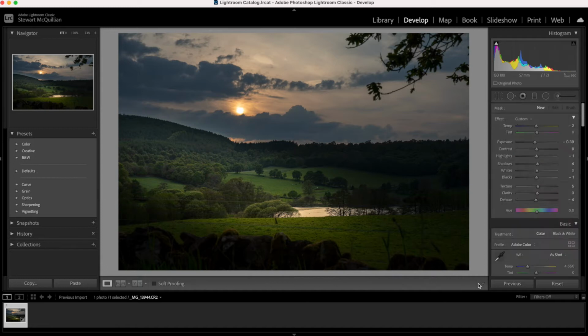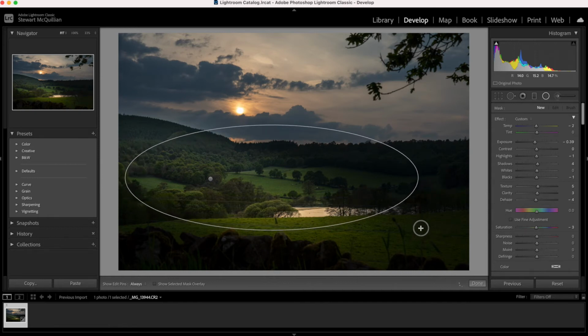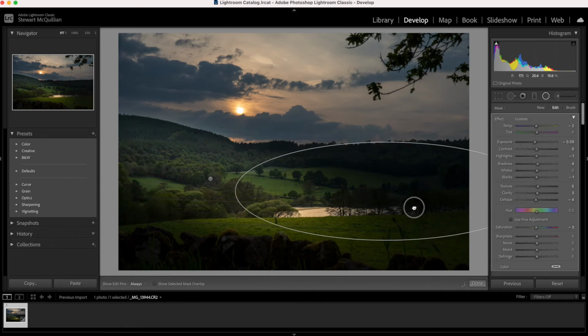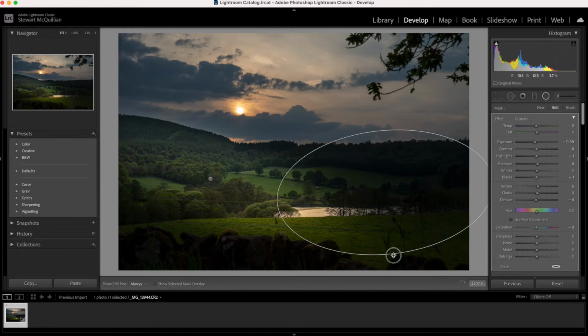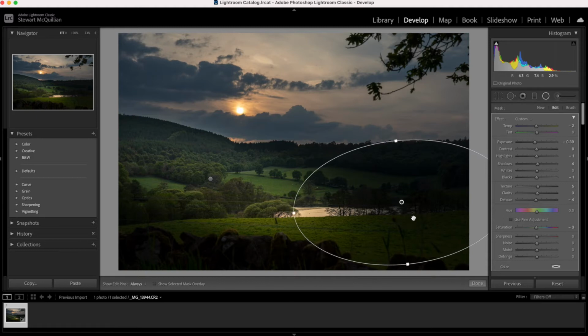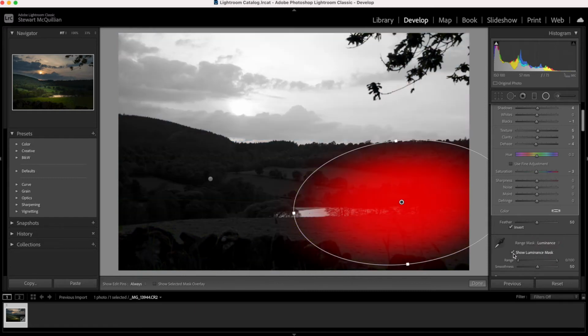So if I select done, and now select another circular tool, what I want to do is a similar edit on the right hand side of the image. Again, I might reduce the size of that circle and make a similar type of edit. Again, select luminance, and that opens up my luminance mask. Check